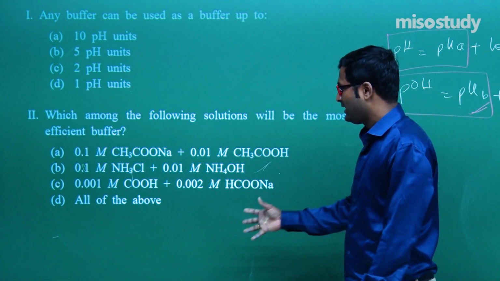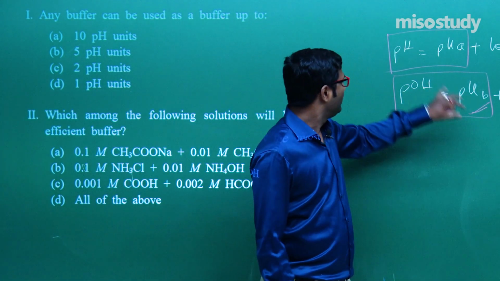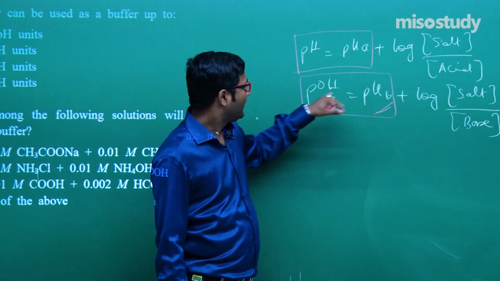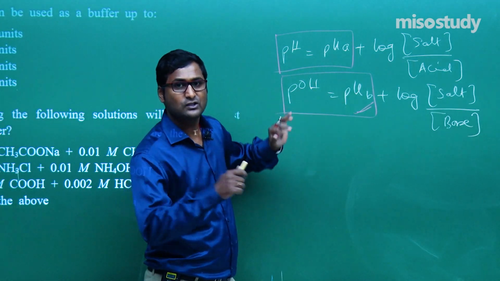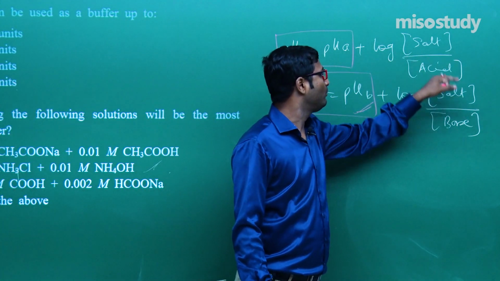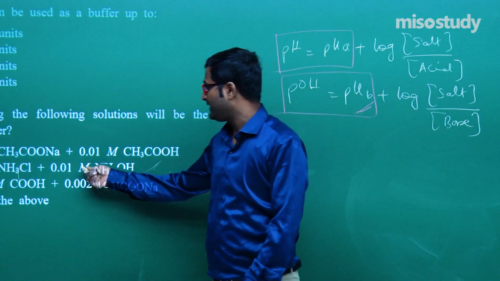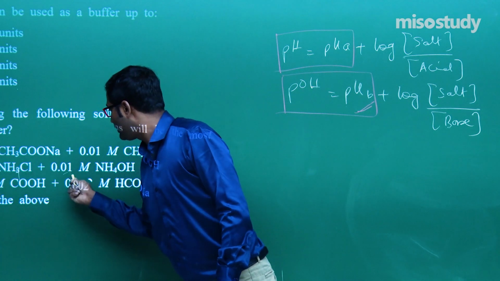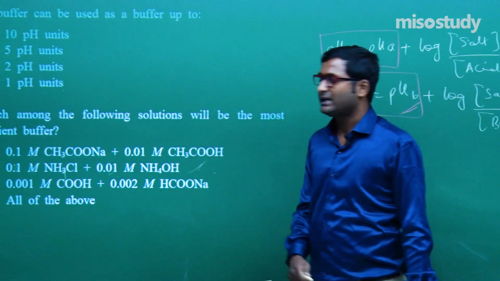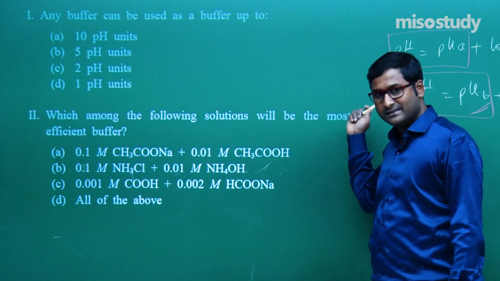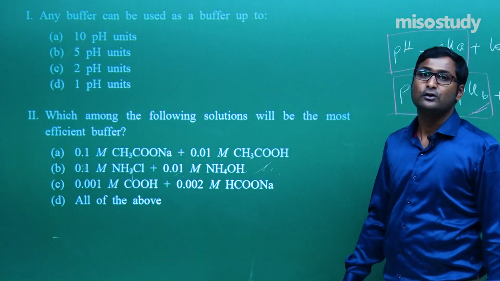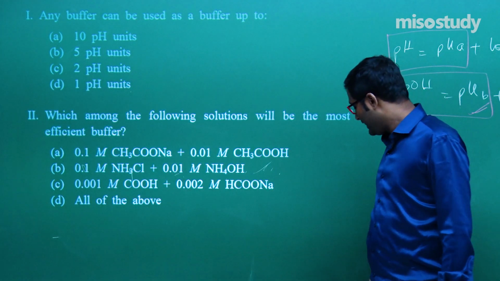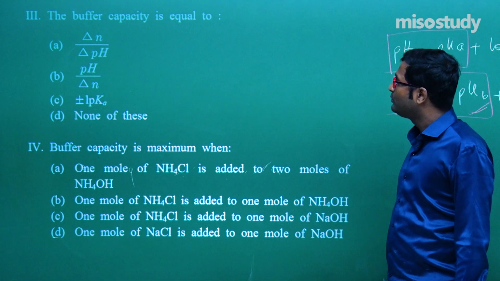So don't look at the option. Things are efficient when pH is equal to pKa and pOH is equal to pKb. When will this happen? When the concentration of both is equal. If I modify the option, then this one has equal concentration, and if this one has equal concentration, then we can say in this case pOH is equal to pKb, then it will be the efficient. Clear to you? Now let's move to the next.